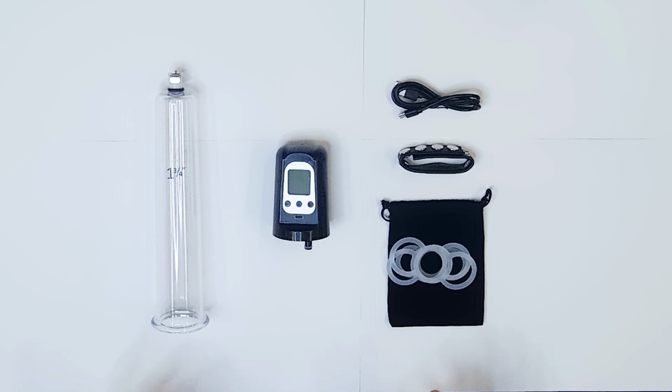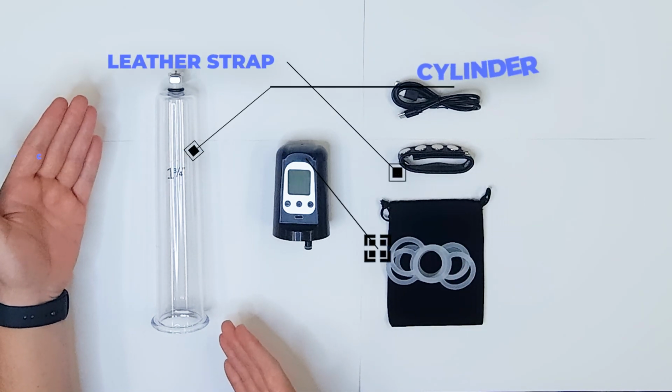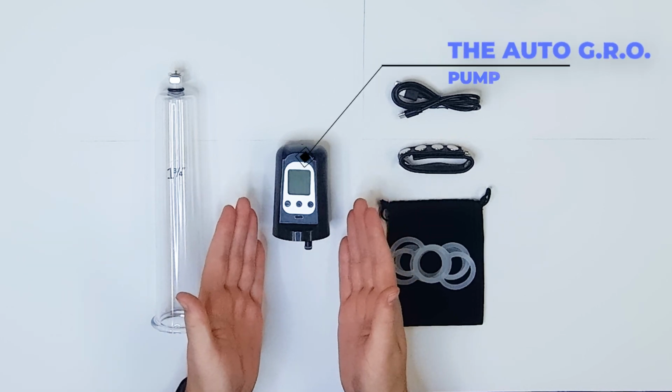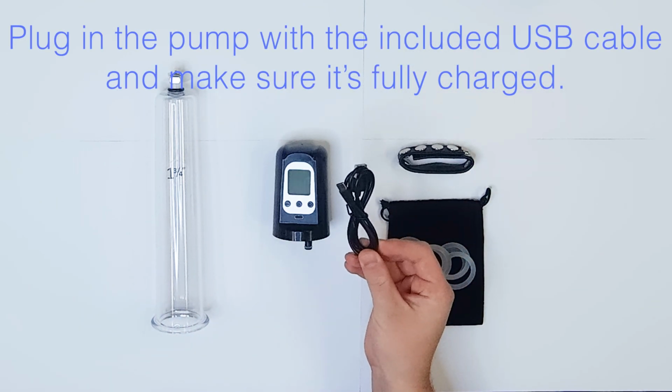First, open your package and familiarize yourself with the components. Inside, you'll find a velvet bag with your constriction rings and leather strap, your cylinder, the instruction manual, and finally, the Auto GRO Pump. Before your first use, plug in the pump with the included USB cable and make sure